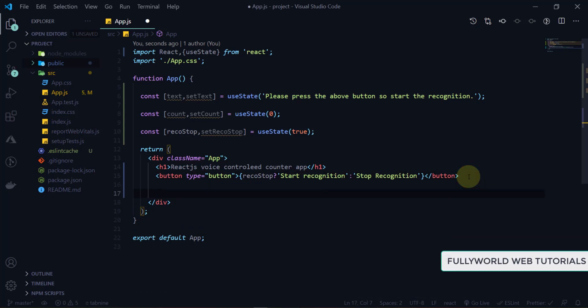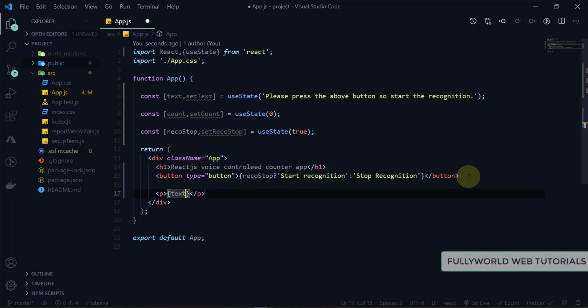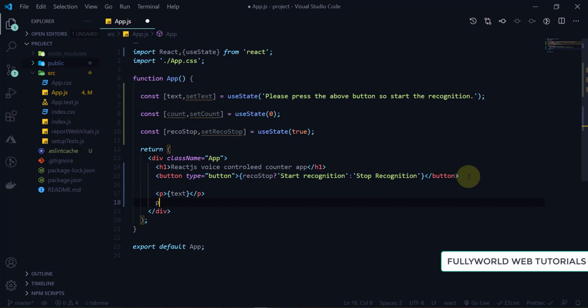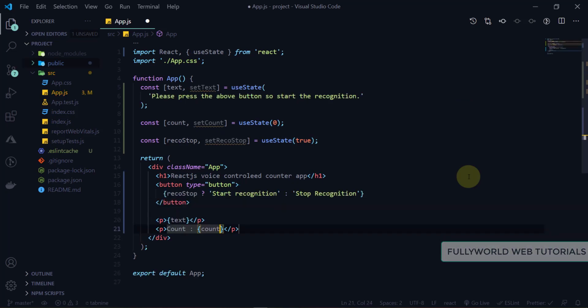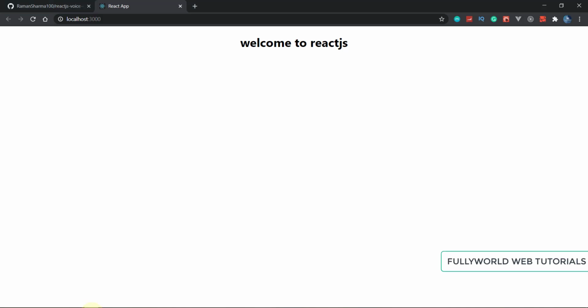Now let's see, here will be our p tag, and under this p tag we will just write our text, and after that there will be one more p tag, and under this p tag our counter will be there. Here we will write count, and after that we will embed our count here. Save this and let's see here.